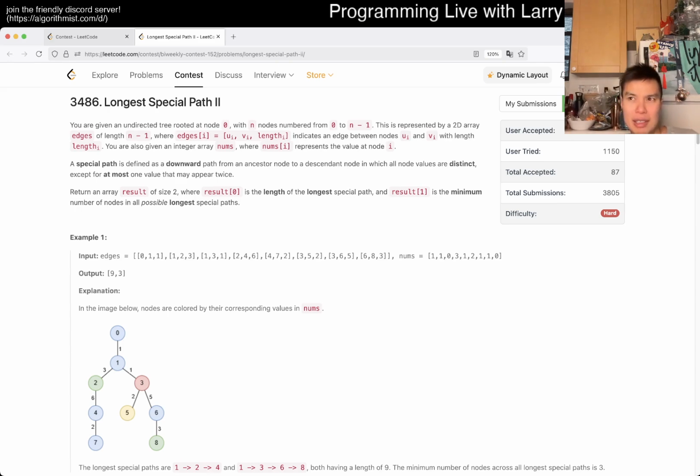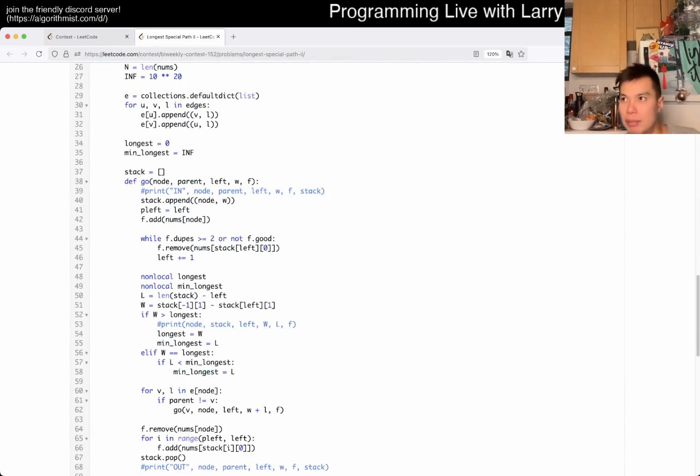So basically, this one value appearing twice thing is a little awkward. This thing would have been much easier. Okay, so they're given the current node. This is a bad edge case actually. Definitely should have timed out because I'm doing loops every time, but